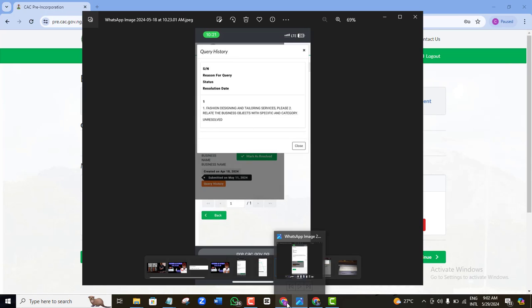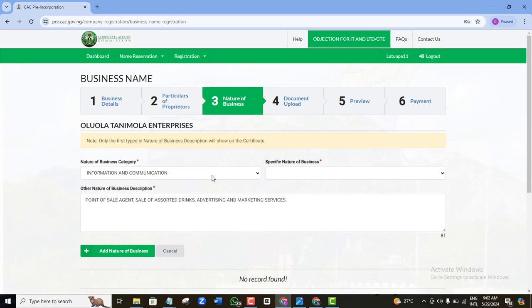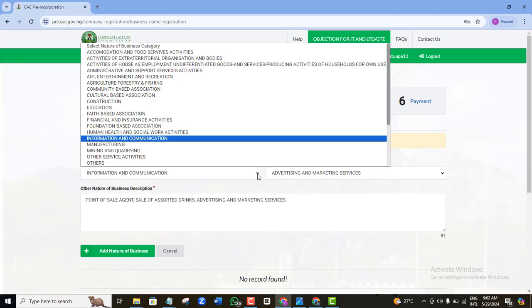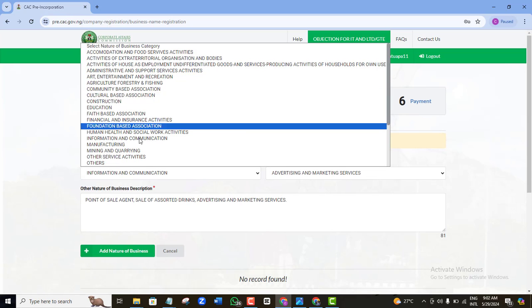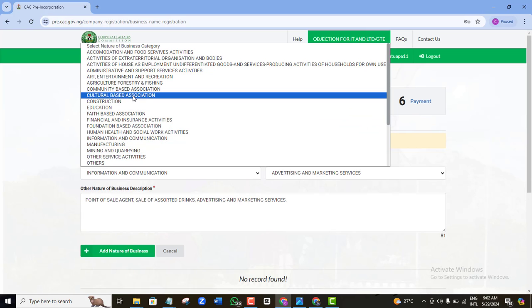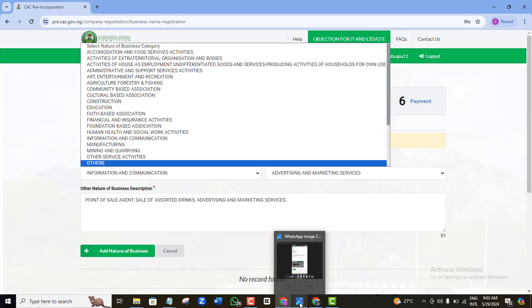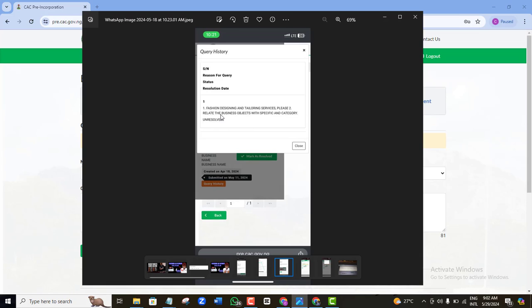So if we come back here, let's come to nature of business. Okay, so here is what we are talking about. Here probably the person used a wrong description. Sometimes people will say, oh, I can't find my business. Sometimes it's because you have not checked very well. So if you have a query like this one, the first thing you want to go and check is your nature of business.